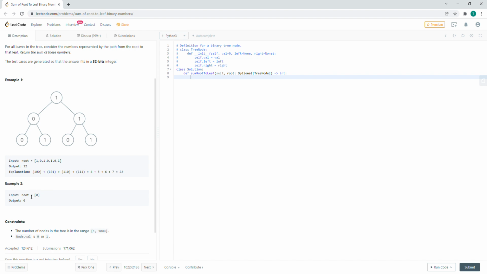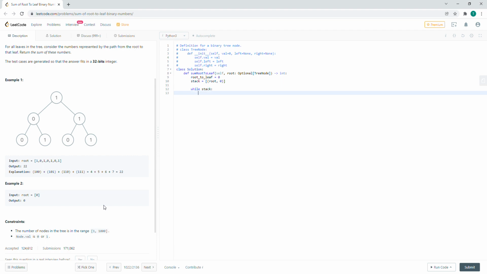So we want to get rid of the edge case first, when root is 0 itself. Let's call this root to leaf, and that's going to be 0. And we're going to make a stack as stated. The stack is going to hold two things: the root itself, the given node, and the current number. Alright, it starts at 0. So while the stack is not empty,